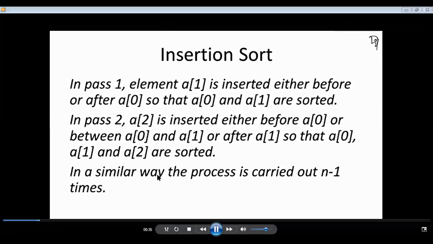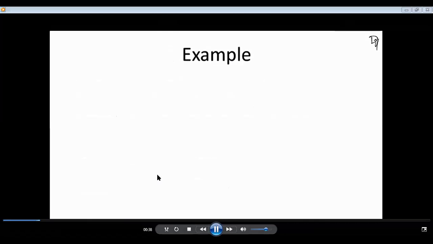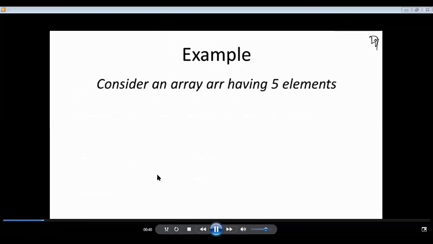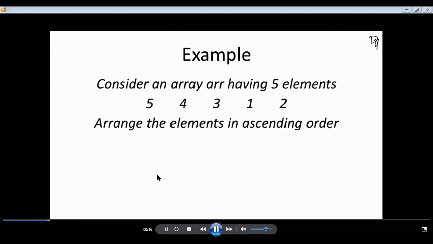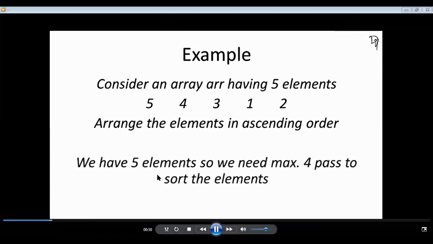One very small example we will consider, with the same elements that we saw in bubble sort and selection sort. 5 elements we will take, and we'll arrange them in ascending order. As we have seen, the total number of elements is 5, so n minus 1 comparisons I need. So totally 4 passes I need to sort the elements.